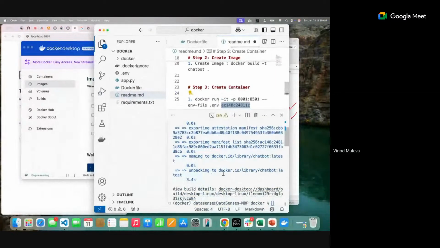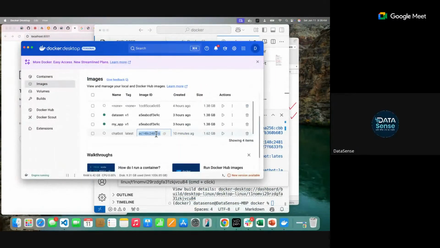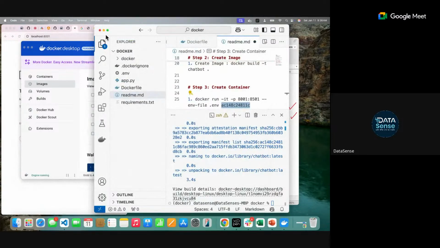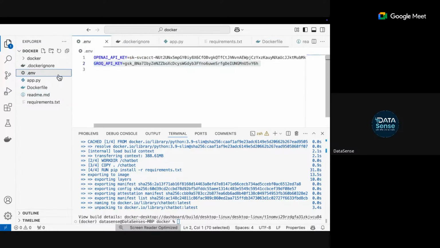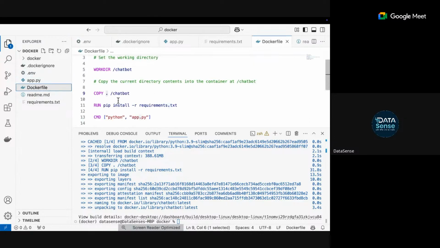Okay, sure. So we have to take the image ID that is present on the Docker image. This is not the key variable. The key will go through the .env file, right? I have mentioned this .env file. So whenever you run the application, it will take from the .env file the variable GROQ API key, and it will pass the whole value to that code, which is required. Okay. So now this is readme.md.